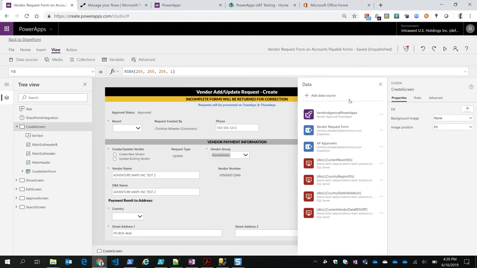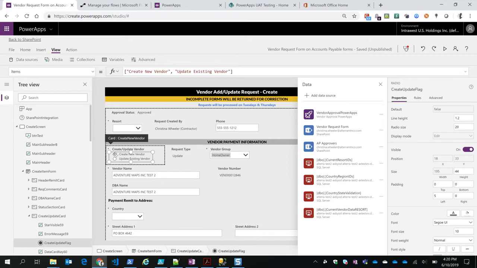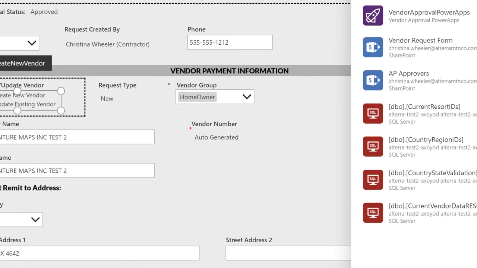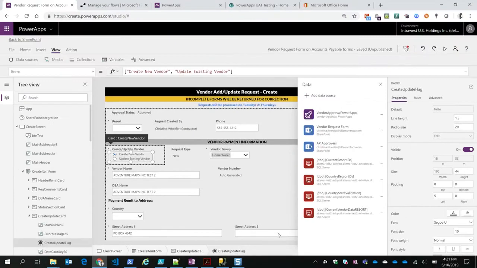But here I've got my screen, and then they can decide to create a new vendor or update existing. Well, you'll see I have some test data already populated there. But if I were to create a new vendor, you're going to see that it changes here. The vendor number changes to auto-generated. So I added specific logic or formulas to my controls, so that if they clicked on create a new vendor, it changed the vendor number to auto-generated. Then if they click on update an existing vendor,